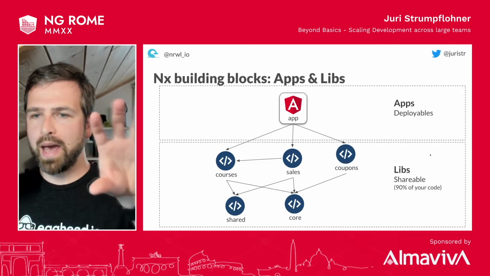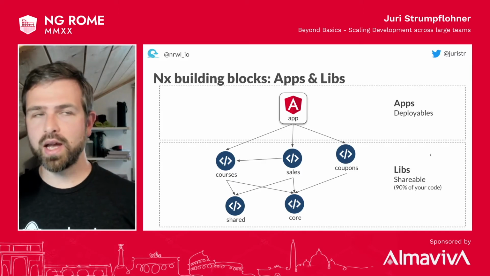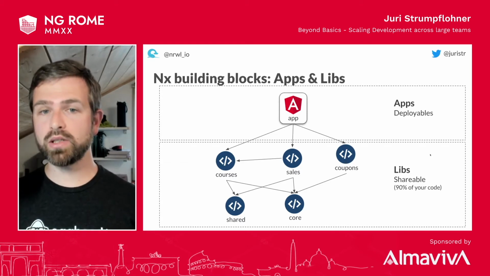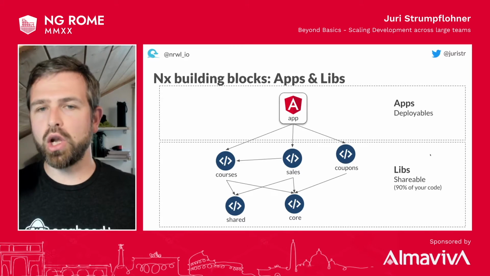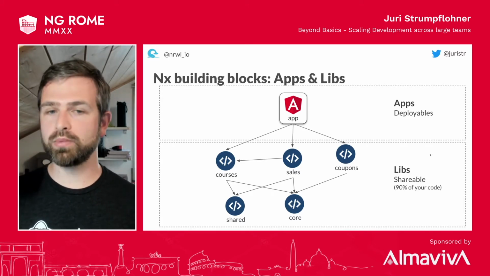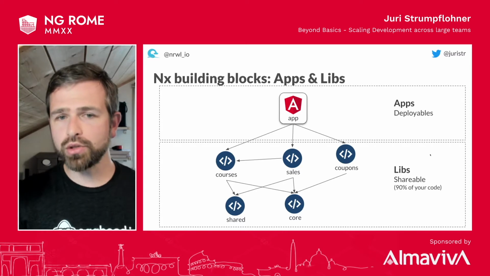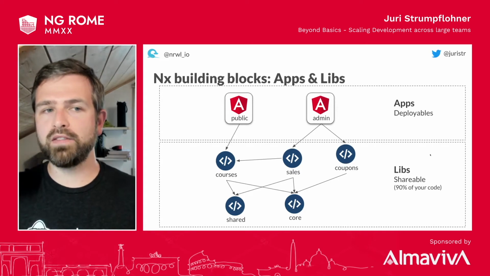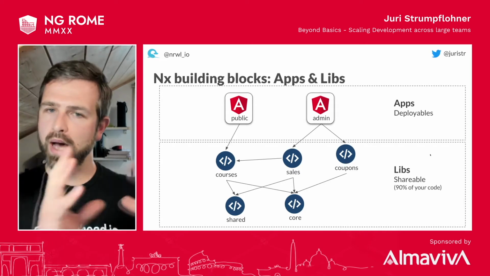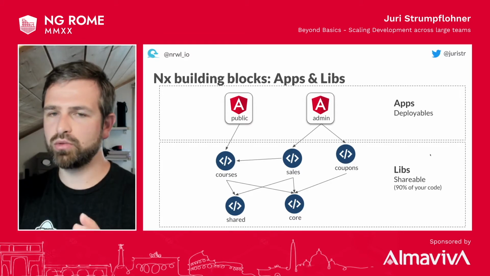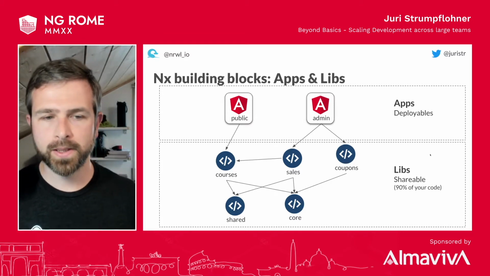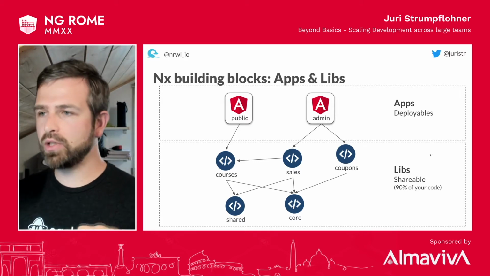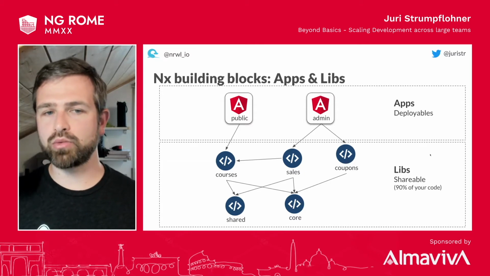And so you can see the apps at the very top, and then there are the libraries. Our suggestion here is usually to have around 90% of the code in the libraries, because that gives you a lot of possibilities as you go, especially in terms of scaling. In fact, what you could do is split up your applications. You might start with a single one, but you might identify that it is split into a more public-facing part of the project and a more administrative part, the back office. In this case, the public one just references the libraries it needs, and similarly, the admin part just references its own libraries.